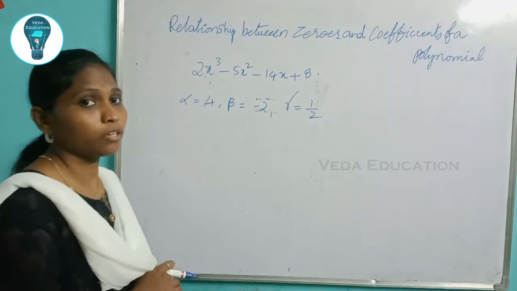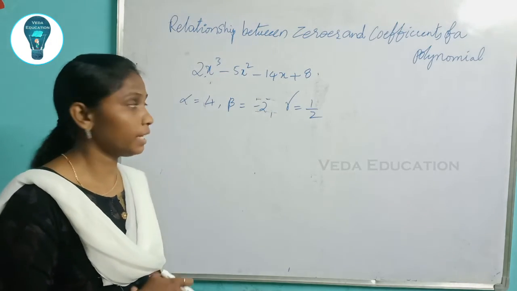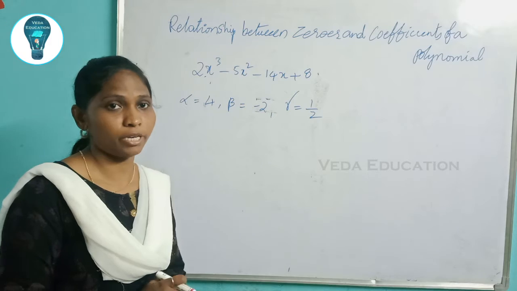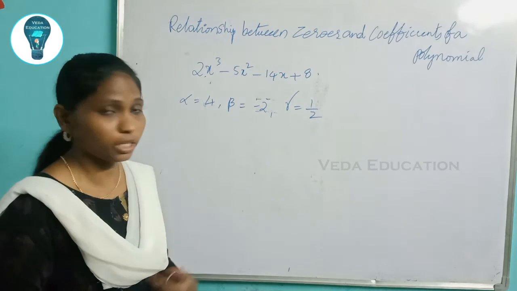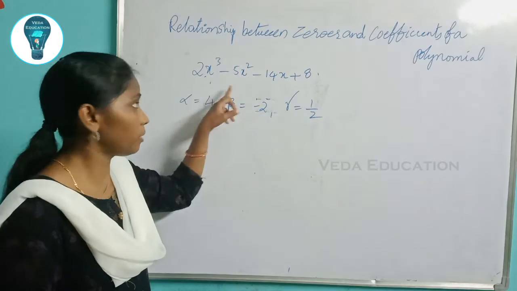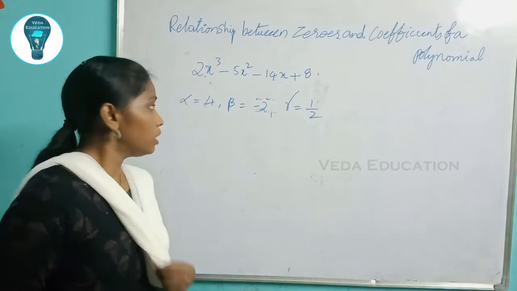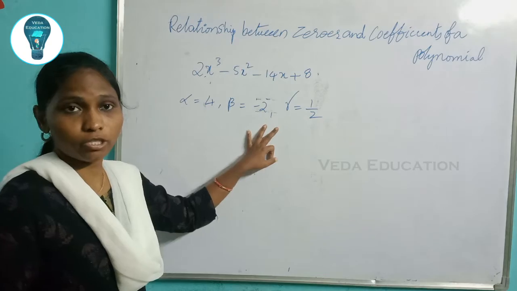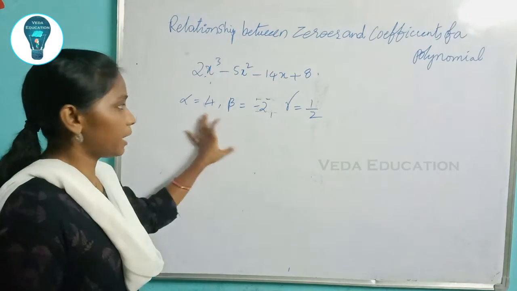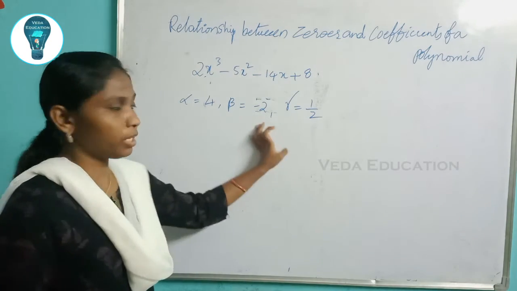In some cases they will give the zeros and in some cases we have to calculate them, and how to calculate I already explained previously. So take the process and solve for alpha, beta, gamma. For a cubic polynomial you will get 3 zeros, based on the degree. Here in this question they have given us the alpha, beta, gamma values, so no need to calculate zeros. Directly you can consider those numbers as alpha, beta, gamma.